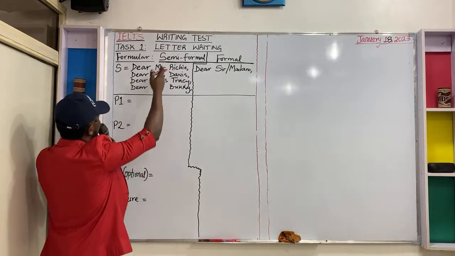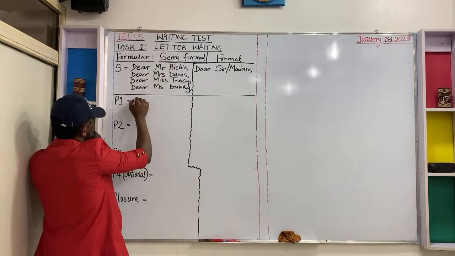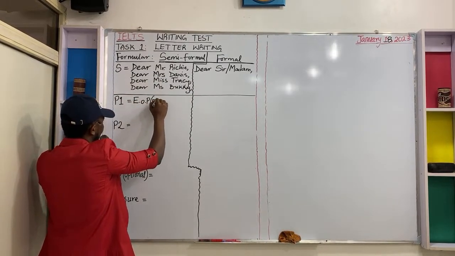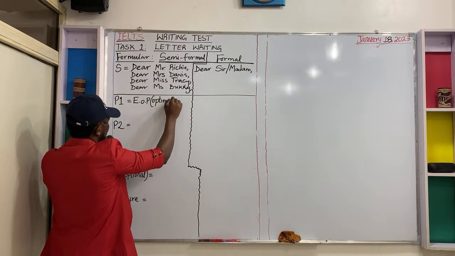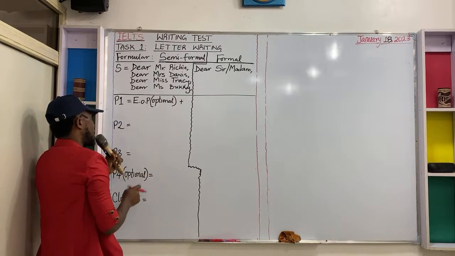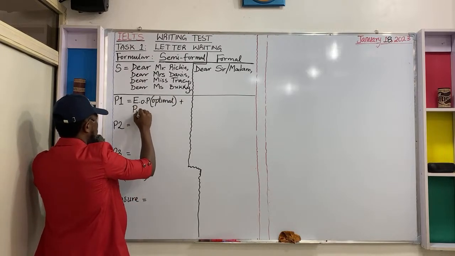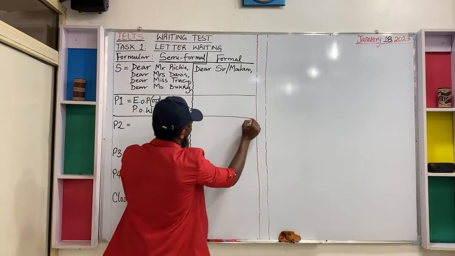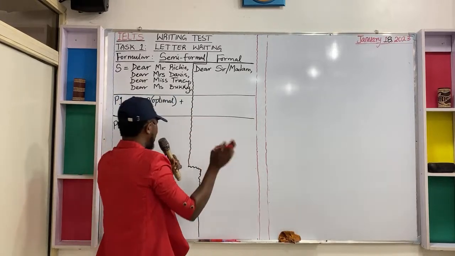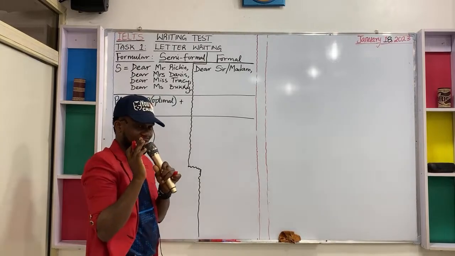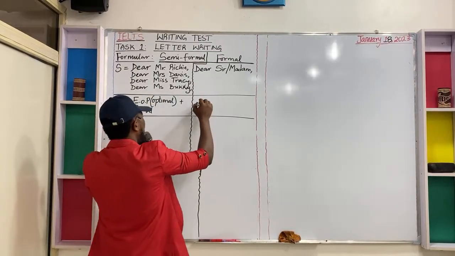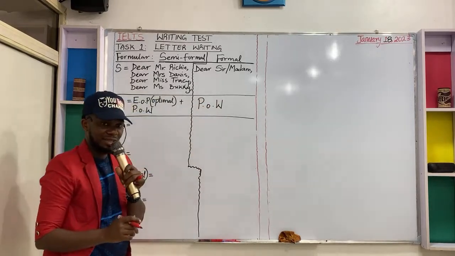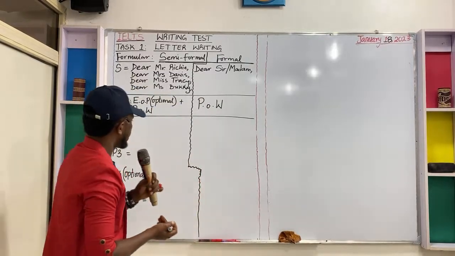For your paragraph 1, under semi-formal letters, you want to exchange pleasantries if you wish, but this is optional. And after that, bring in your purpose of writing. But if it is the formal letter, you have no business exchanging pleasantries with the person you're writing the letter to. Alright? So you have to go straight to your purpose of writing. Like we said earlier, it's a straight to the point kind of letter, right? Then paragraph 2,